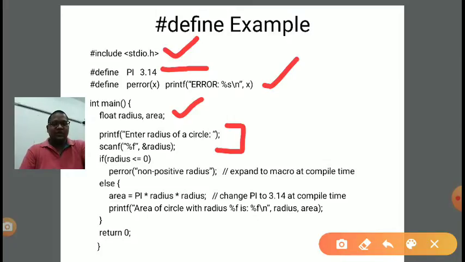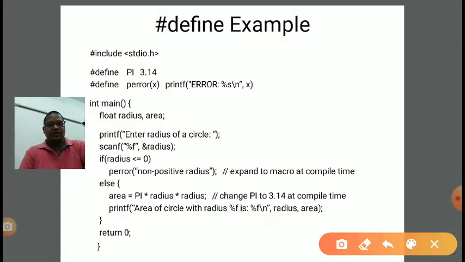If the radius is negative, it will display a non-positive radius message on the screen, and after that it will come to return 0. And if the radius is positive, then the condition is false, so it will come to the else part.